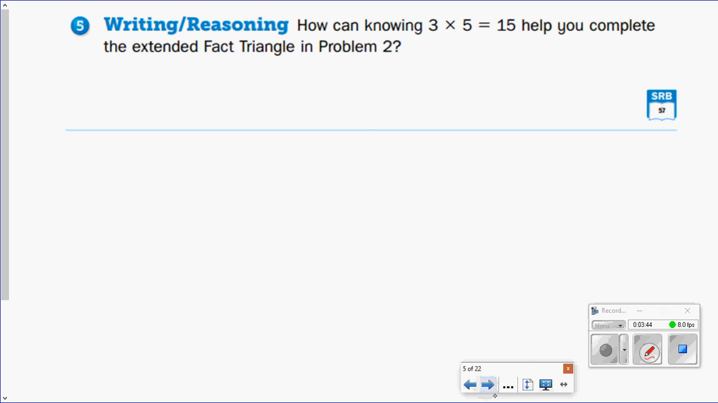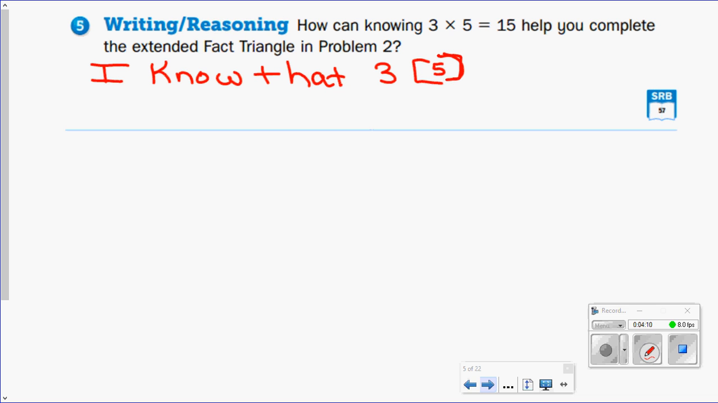All right, boys and girls, it says, how can knowing 3 times 5 equals 15 help you complete the extended fact triangle in problem 2? And I think we talked a little bit about that. I said, I know that 3 5s, put that in a box there, is equal to 15. So 3 50s would equal